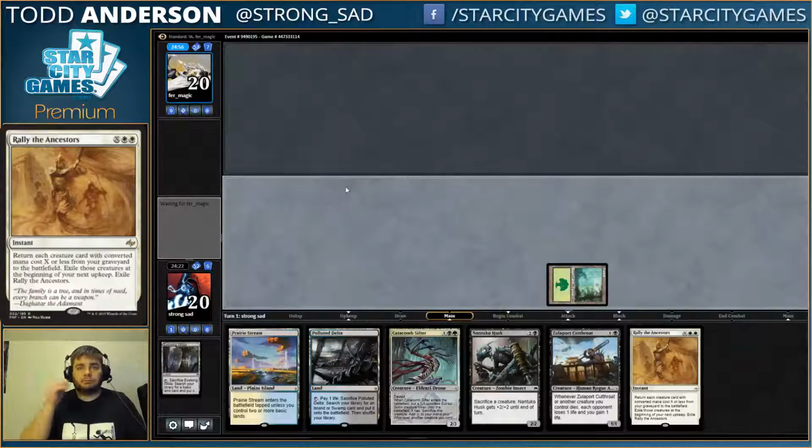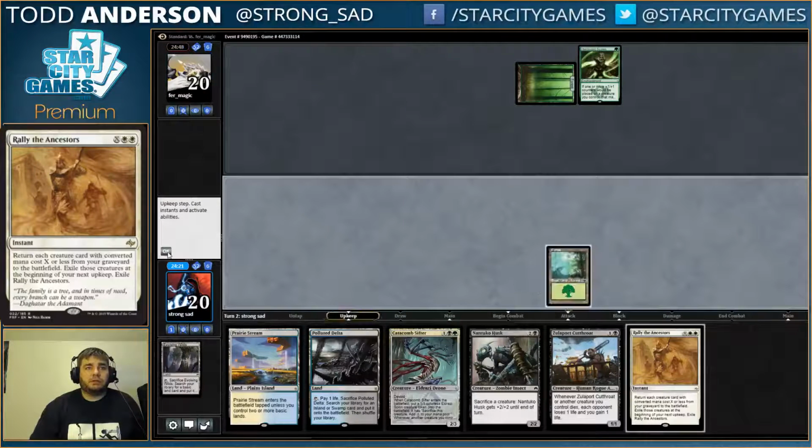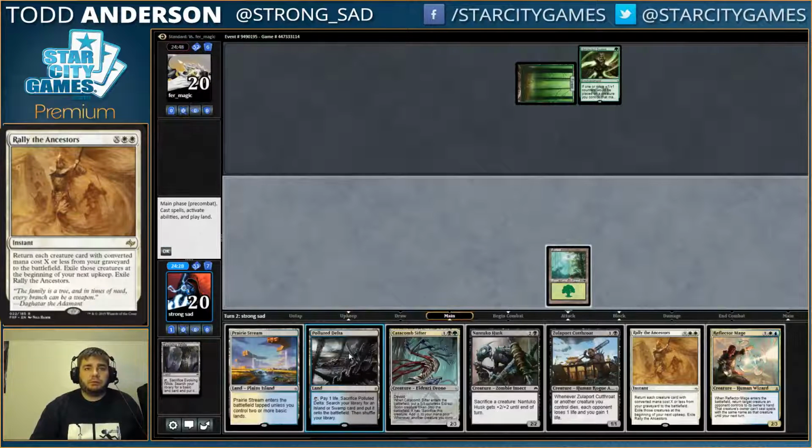Forest. We don't quite have double white yet if we want to curve out naturally. But I think that's okay. Ooh, Hardened Scales. This should be a fun one. Oh no. So I need to...